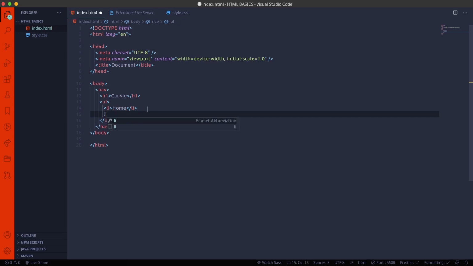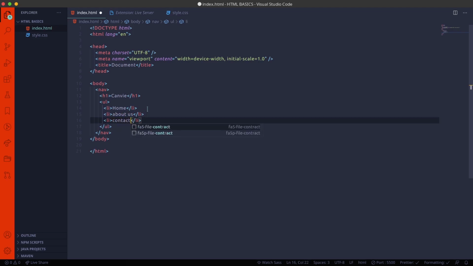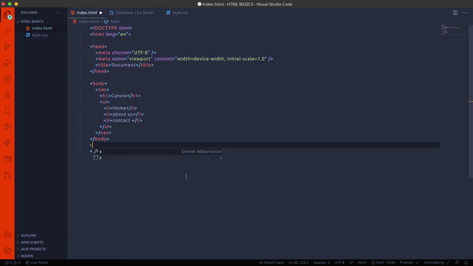So type li, meaning list, and hit tab, and it will get automatically filled. Now I'm giving the text Home. Again we create another list tag, About Us, and again another one, Contact Us. So save this.